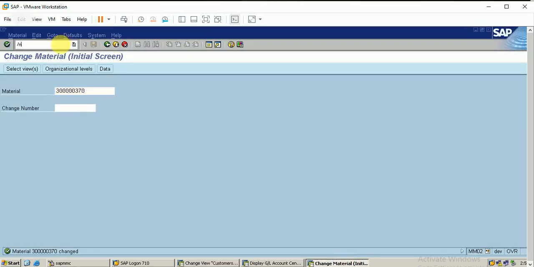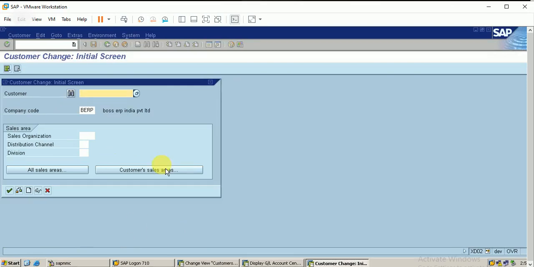Just enter into the customer master, that is XD02, that is change customer master data. Okay, let me enter the credentials. My customer number is 6. I remember, or else you can search here itself.